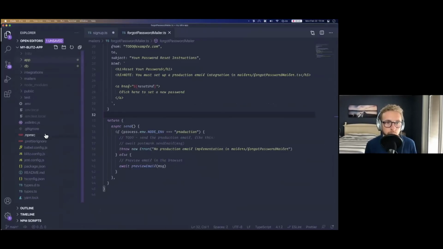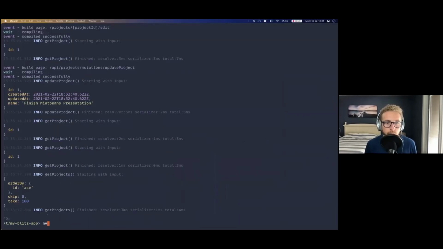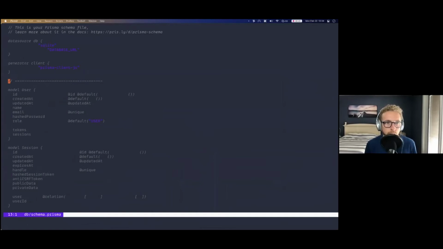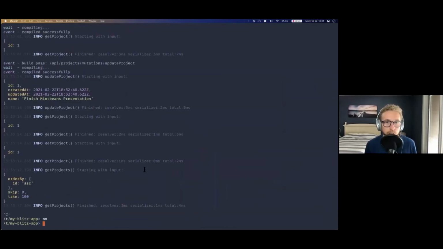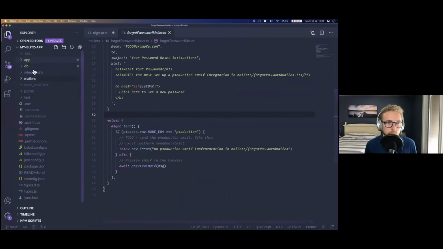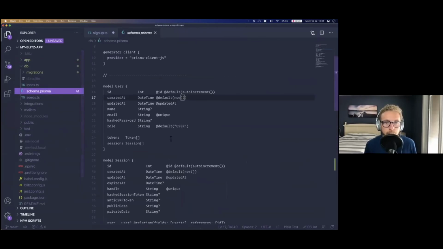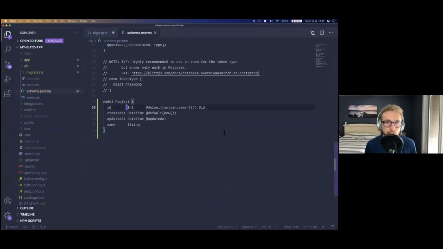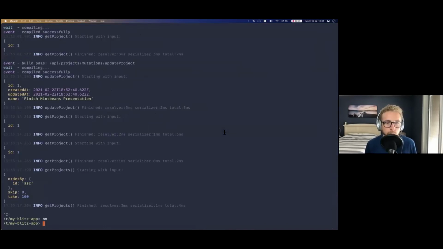I'm going to go to the db schema.prisma, and we're going to go down and see there's a project model here, and let's add a new field here called description. And this is also going to be a string, but we're going to give it a question mark, which means that it's optional.